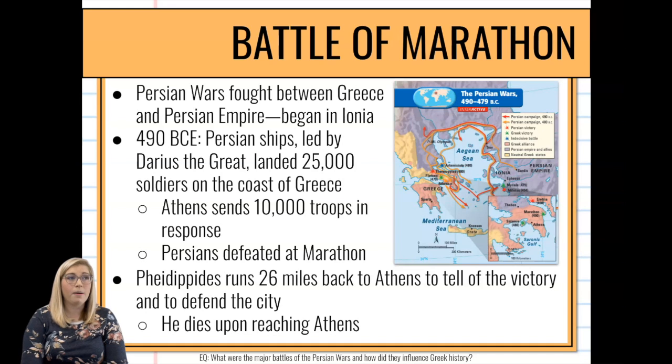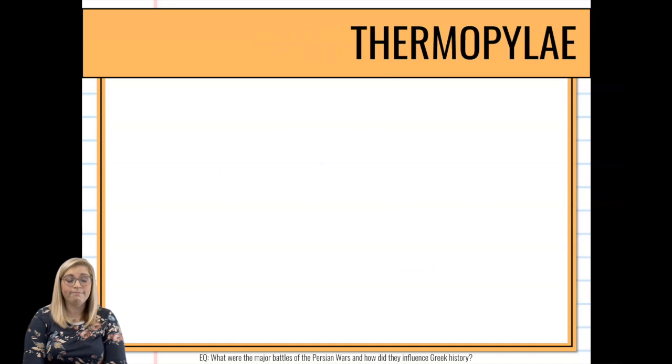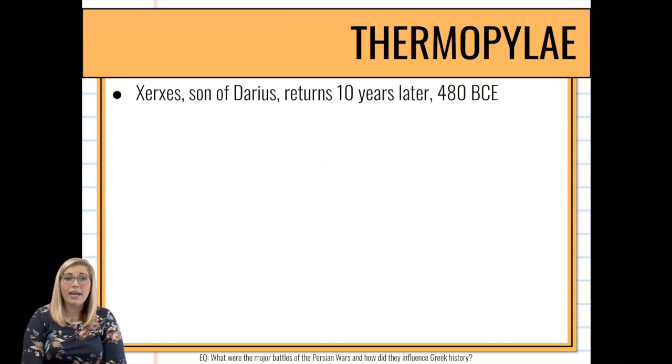Then basically the war kind of goes to a stall. Darius the Great is out of the picture. About 10 years later, at 480 BCE, Darius the Great's son, Xerxes, renews this effort of the Persian War. So it takes about 10 years. He brings in this huge